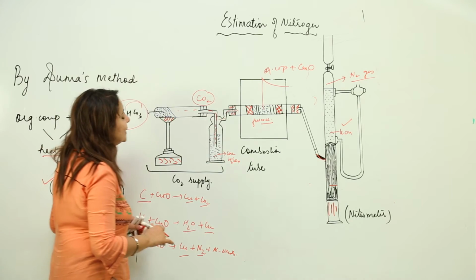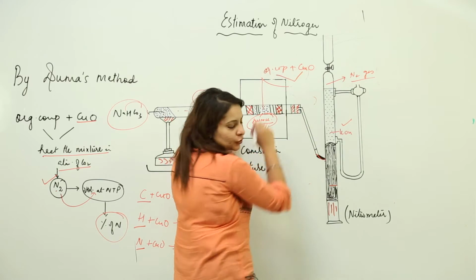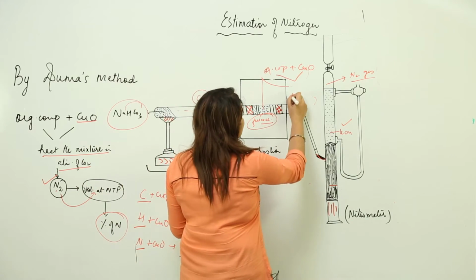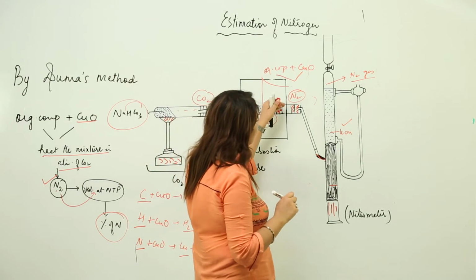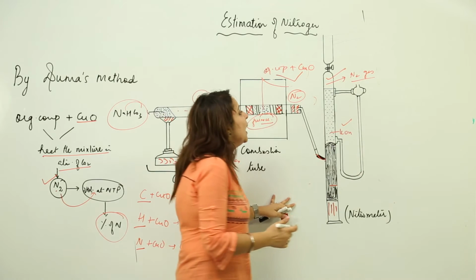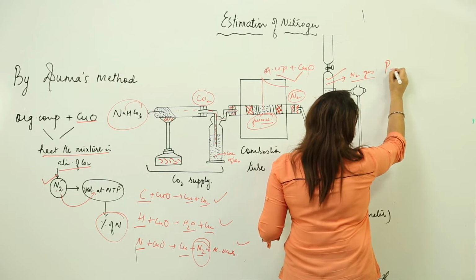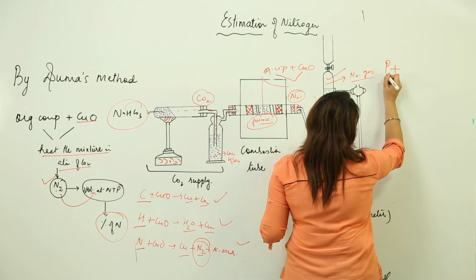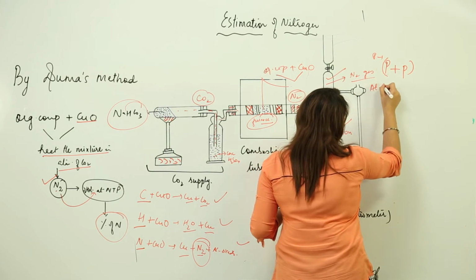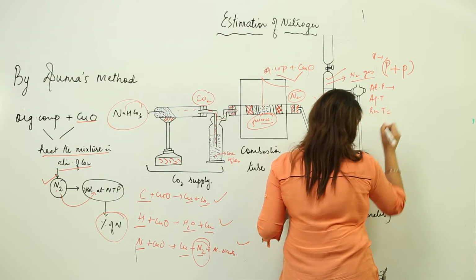Now this CO2 is again passed here, and in the furnace we are going to heat this compound. When we heat this compound, we get these kinds of reactions, and as a result we get the nitrogen gas. This nitrogen gas passes through this tube and through KOH and gets collected here over the KOH. It will exert pressure, and because it will contain moisture also, this pressure will be the additive sum of the pressure of the nitrogen gas and the aqueous tension. So this is the pressure. We need to record the atmospheric pressure, the aqueous tension, and the room temperature also, right.